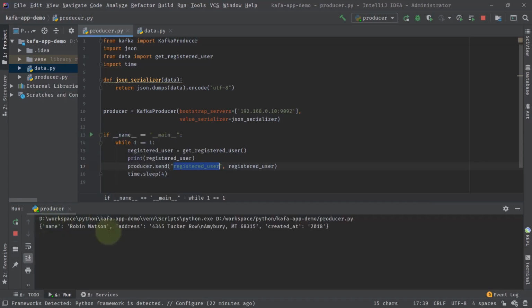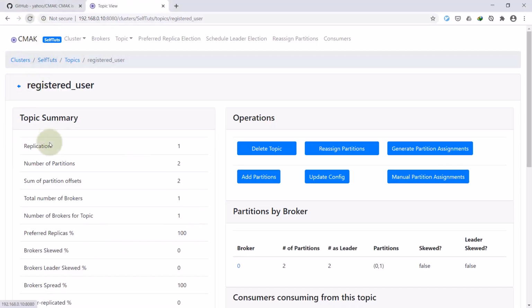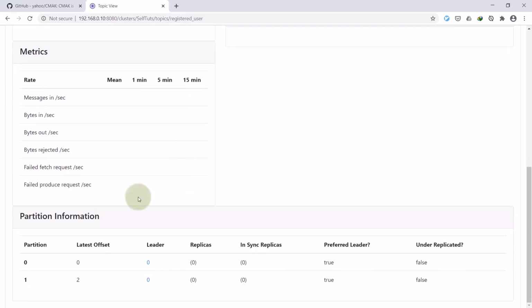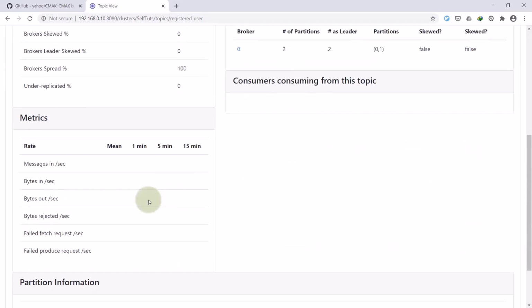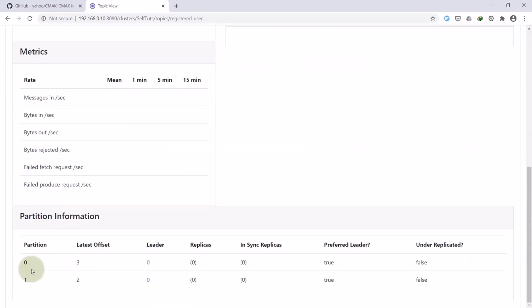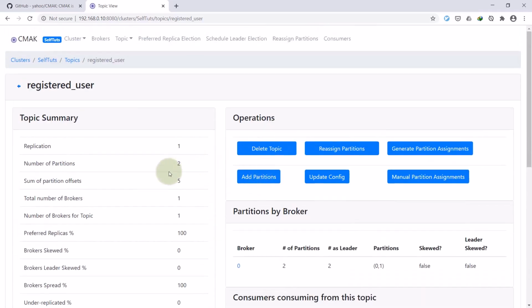Okay, so the first message is published, then after 4 seconds the second message is published. Let's go to our Kafka manager and try to reload it. So we got two messages, and if you see here, both the messages are published to partition 1. It is also not that it first assigned it to 0. The message was received in partition 2. Then again see here, we also received some messages in partition 3. So 3 plus 2 is 5. So the total offset is 5, the sum of the partition offsets. So all 5 messages were published, 3 in this and 2 in this, and the total messages here you can see is 5.